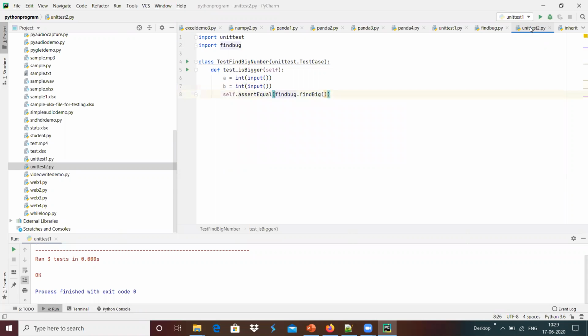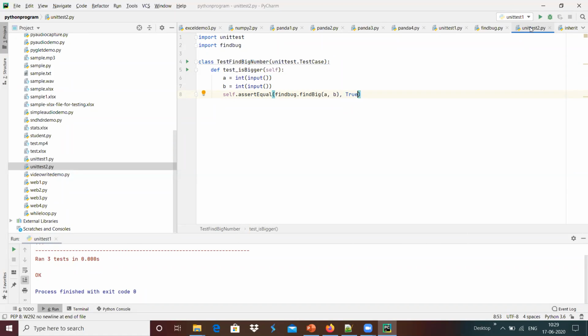And maybe we can use something like find_big(a, b). Then for example, we can provide the different arguments, and we can validate whether that function is working fine or not. We can be able to see that whenever we are giving a, b, we can use something like true. This is to provide something like a bigger test case that we can confirm over here.